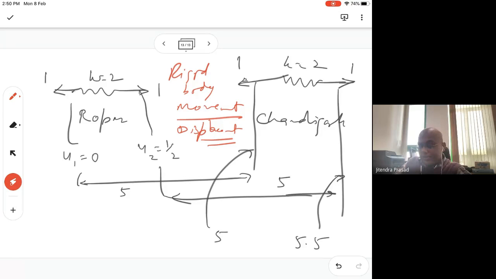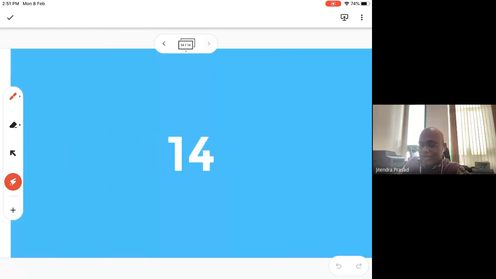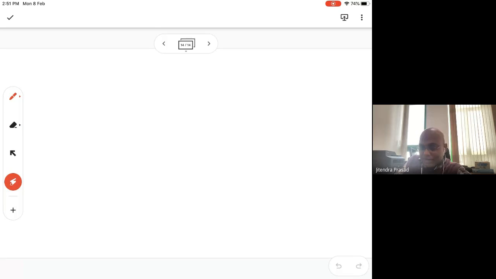Any other question? So basically, the solution is relative. If you are saying U1 is 0, then the solution of this will be 0.5. If U1 is 5, this will be 5.5. So there's a condition: always this will have 0.5 plus whatever U1 is. And you can solve it like this only. Let's solve it that way.